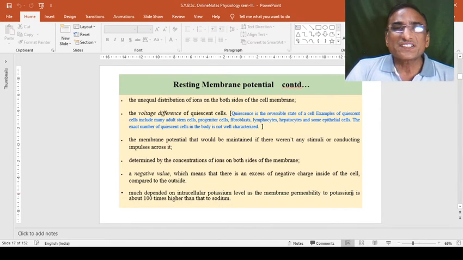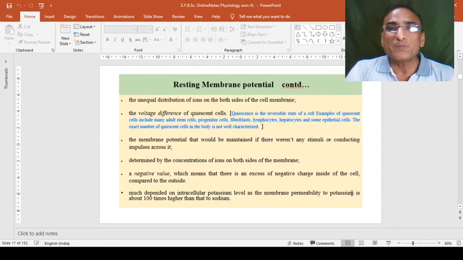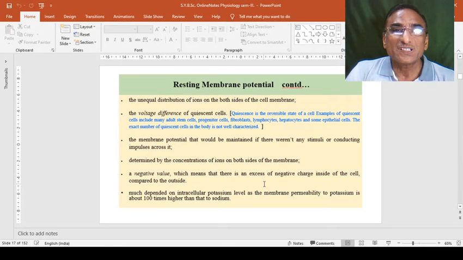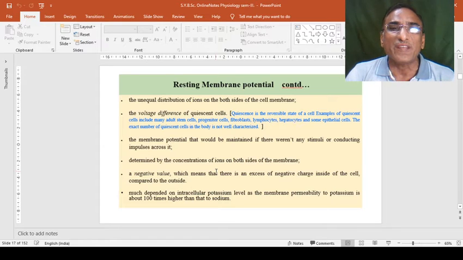Some characteristics regarding the resting membrane potential are to be discussed here, because the activity of the resting membrane potential depends on the activity of the animal present in that specific body and its role. The unequal distribution of ions on both sides of the membrane causes imbalance, and the resting membrane potential is naturally affected.